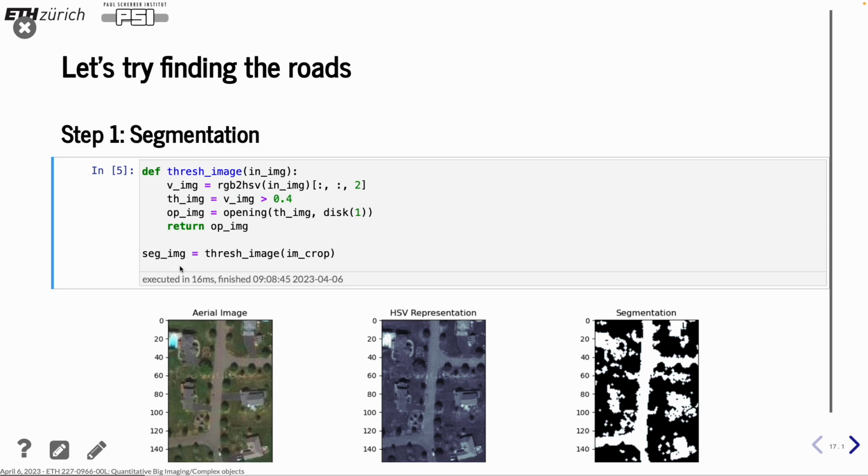There are, of course, many ways of doing the segmentation, but in this case, I have chosen to use the HSV, so hue, saturation, and value color map, because here the value is actually telling us the position in the spectrum of the color, and that is for us sufficient to set a threshold in the image,